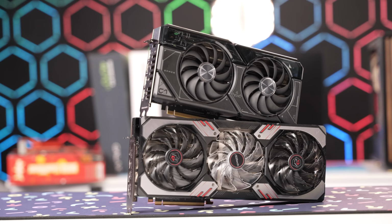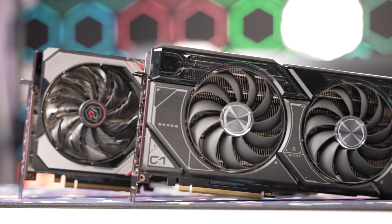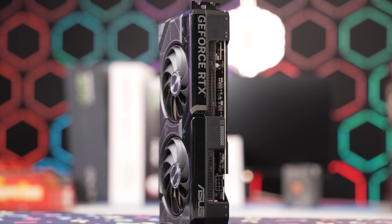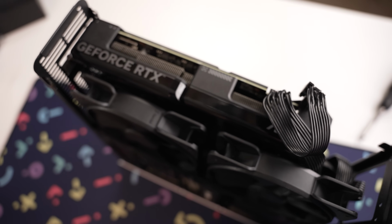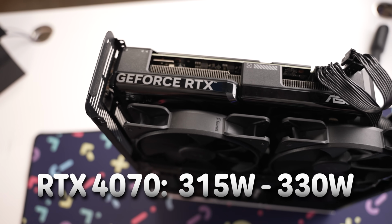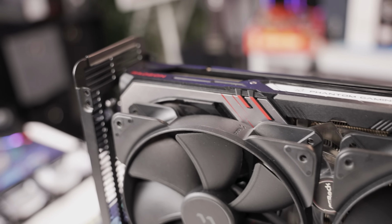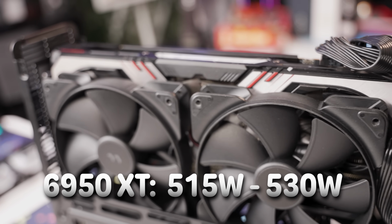But one of the things I didn't talk about with all of those benchmarks is the reason why I'm so excited to get rid of my 6950 XT in this system, and that is because the 4070, number one, is smaller, number two, is way quieter than the 6950 XT in a scenario like this, and number three, draws significantly less power. So on average, while gaming, this system with the 5800X3D and the RTX 4070 drew anywhere from 315 to 330 watts. Meanwhile, the 6950 XT drew between 515 and 530 watts,